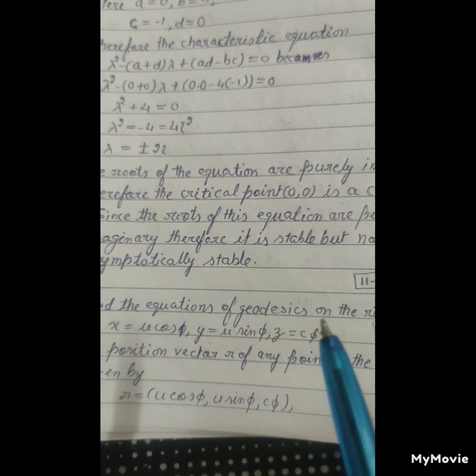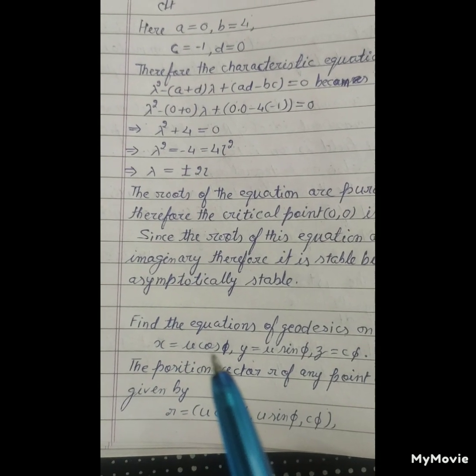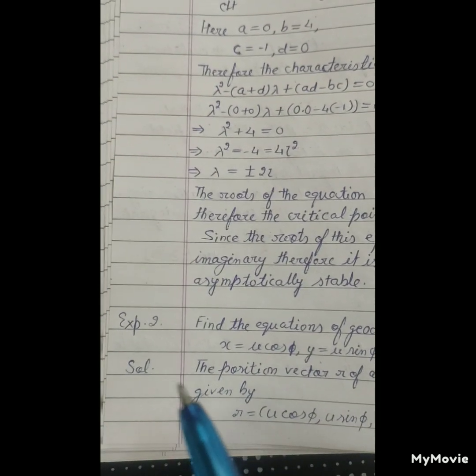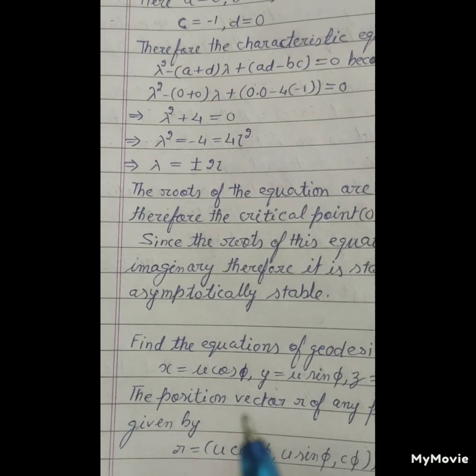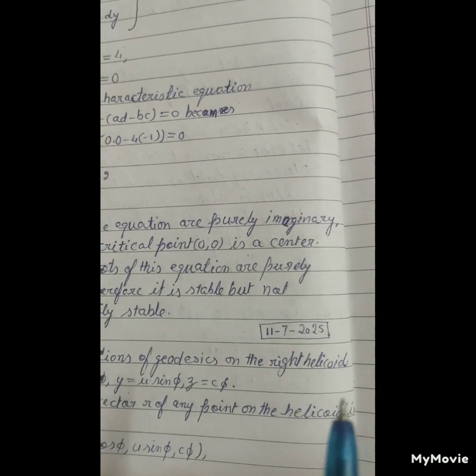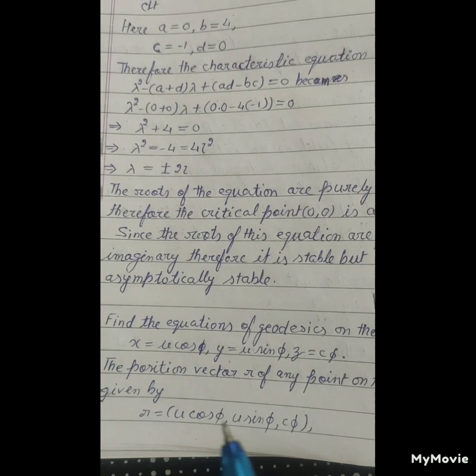Find the equation of the geodesics on the right helicoid. x equals u cos φ, y equals u sin φ, z equals cφ. Solution: the position vector r of any point on the helicoid is given by r equals (u cos φ,